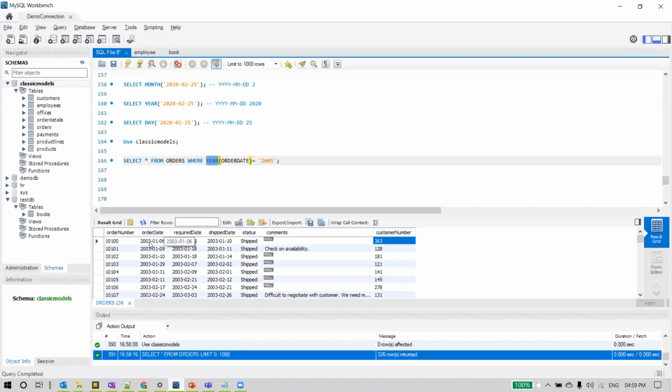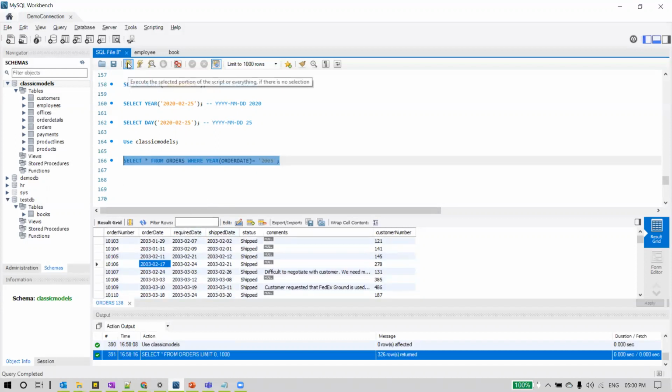From each row, you can see it here. For the first row, it has 2003. And is it equal to 2005? That is what it will check. So it is not equal, so this row will be ignored. Likewise, from each row, the value of the order date column will be picked up, and from that, the year will be extracted from the whole date. And this will be verified: is it equal to 2005? If it is equal, that row will be picked up for the selection and displayed as the result, or else it will be ignored.